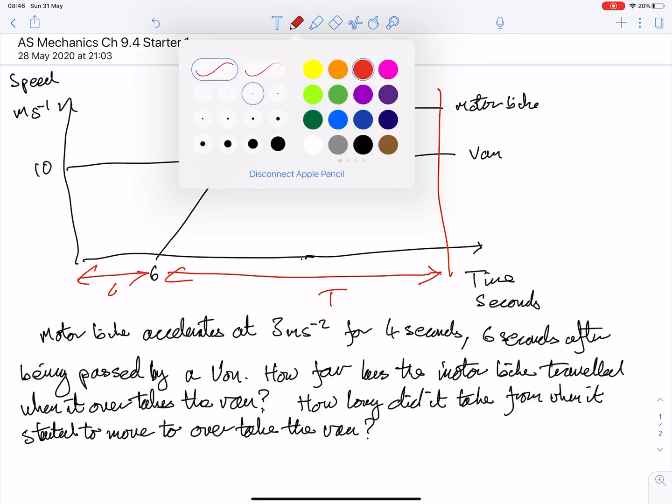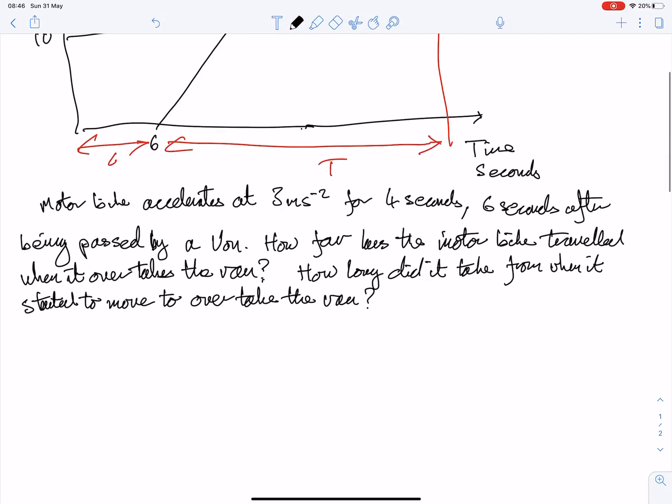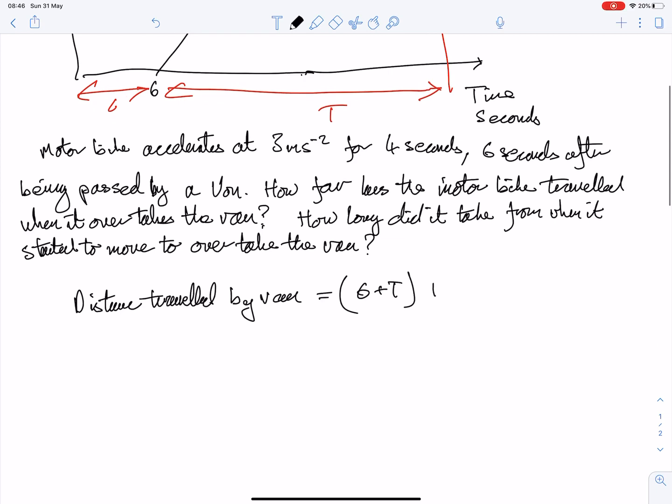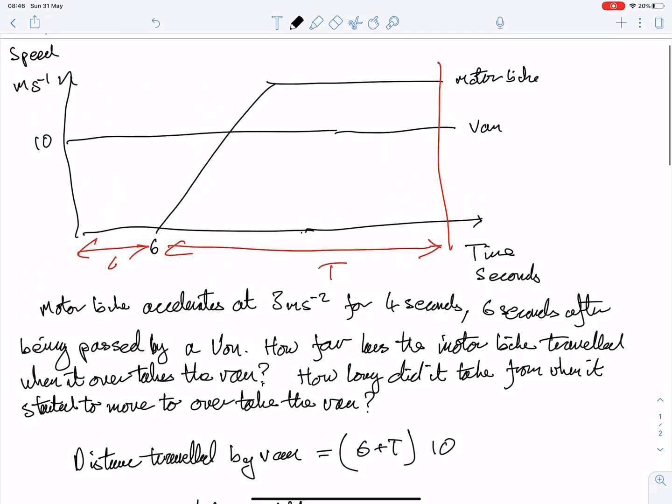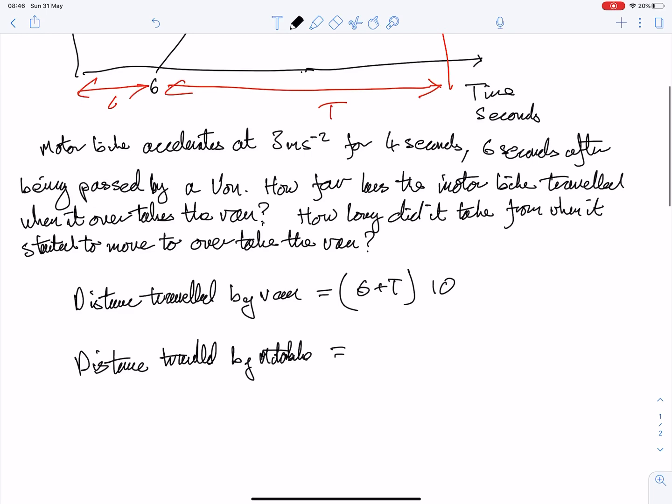So the distance travelled by the van is equal to 6 plus t, the time, times the speed it was travelling, 10. Distance travelled by the motorbike is equal to t